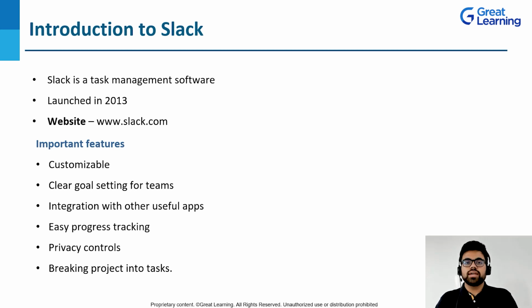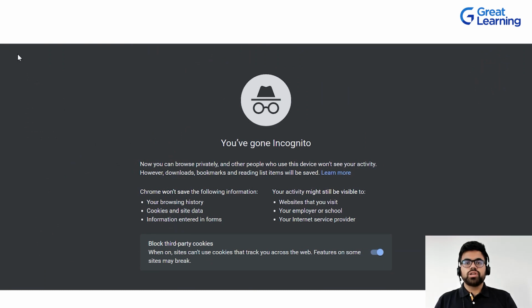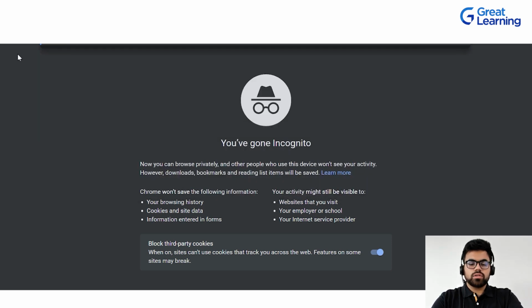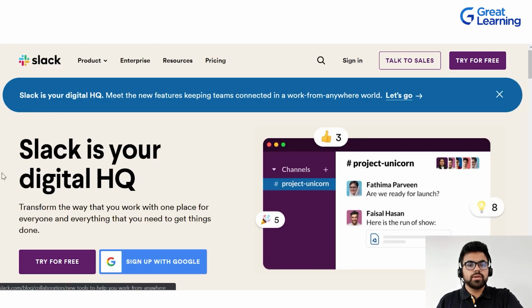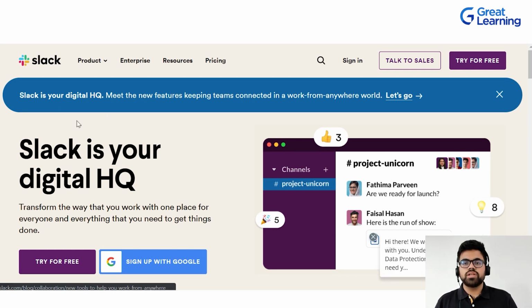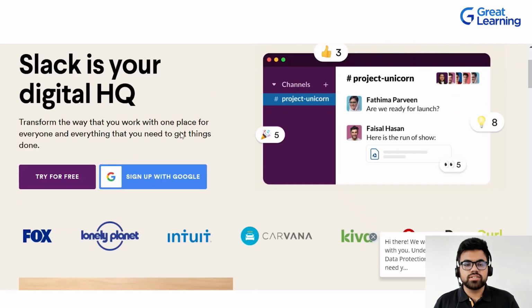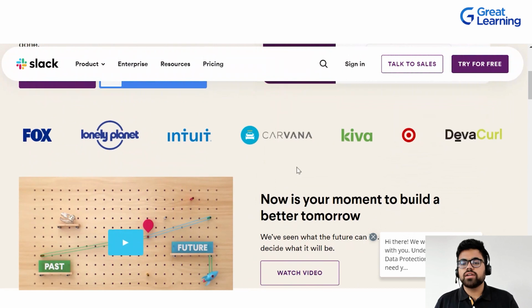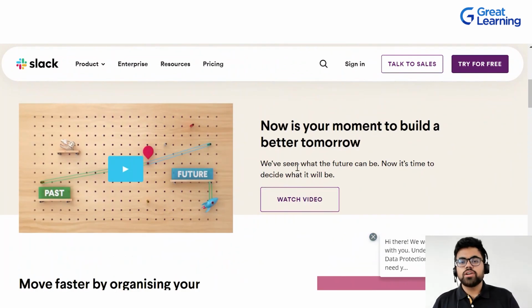All right, now let's get started with Slack on their website. So as I have already mentioned before, in order to get started with Slack, you need to click on www.slack.com. So you will enter the particular website of Slack. So this is the website of Slack project management. As you can see, there are different sorts of things that Slack is telling us. That is your digital headquarters. You can find everything here. You don't need a physical building for it. You can manage everything from just this particular application.